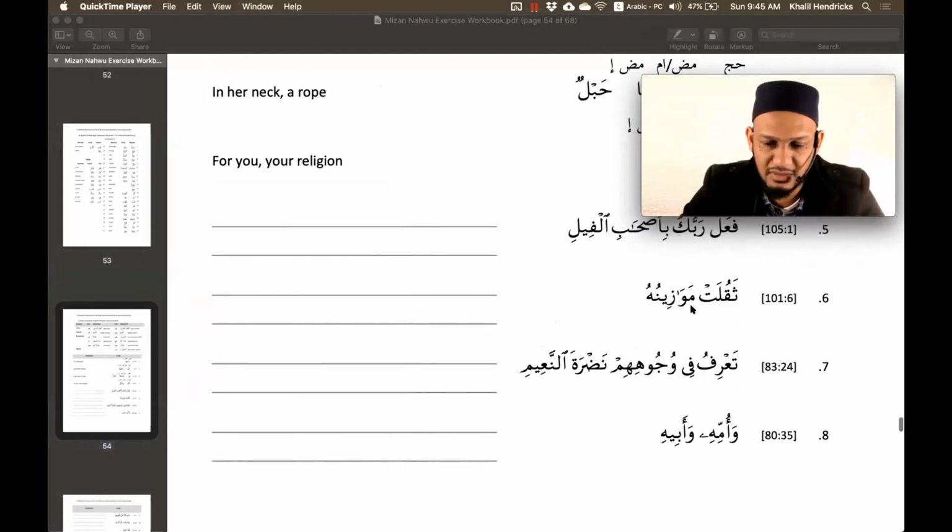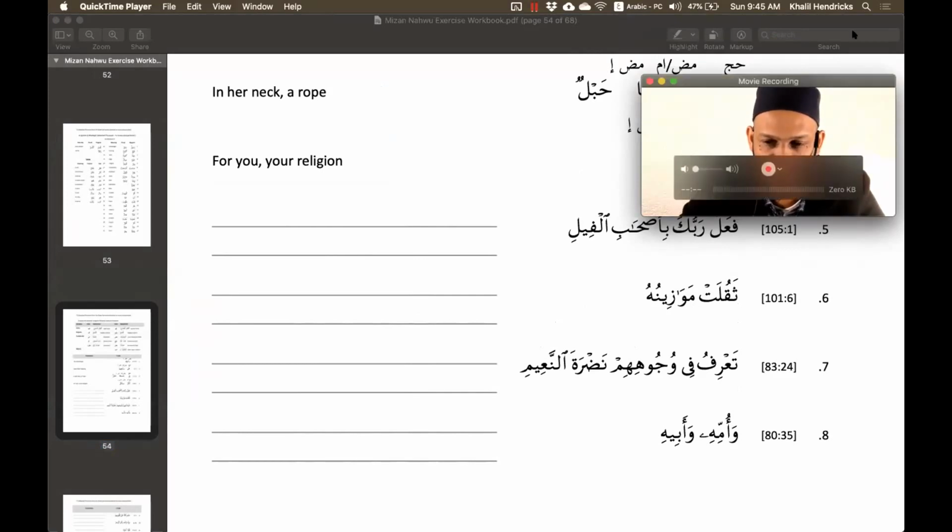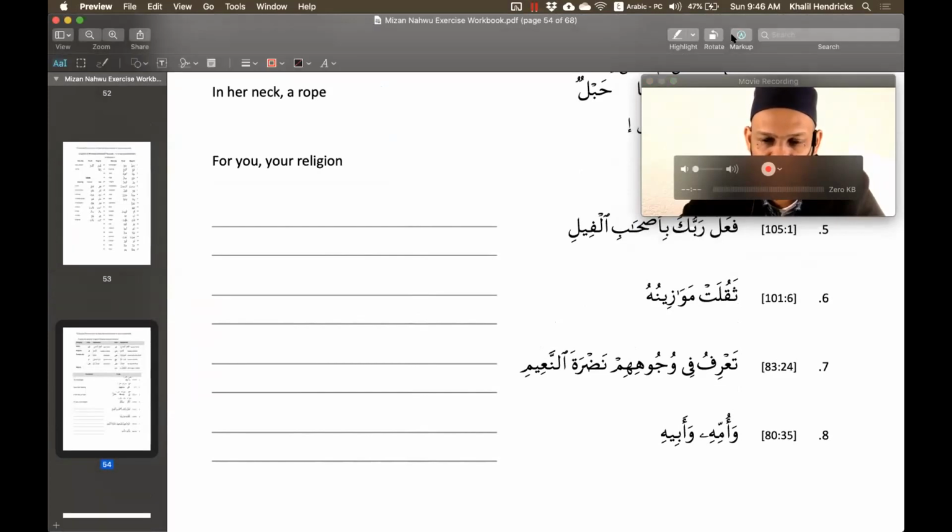Okay, good. So thaqulat means became heavy, a past tense verb to mean it became heavy. So mawazin, what's the translation of mawazin? Scales. So what's mawazinuhu? His scales. So his scales, and then thaqulat became heavy. So his scales became heavy is the translation. And then what are the parts of that sentence?